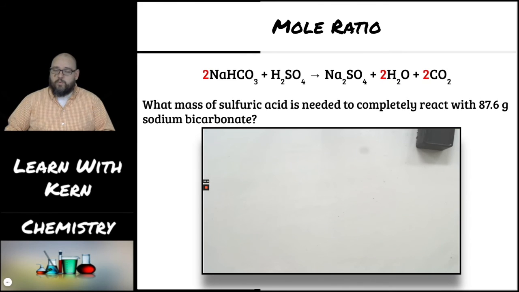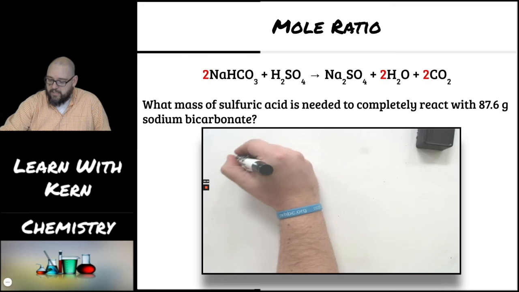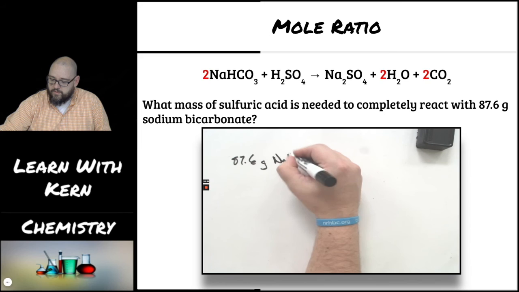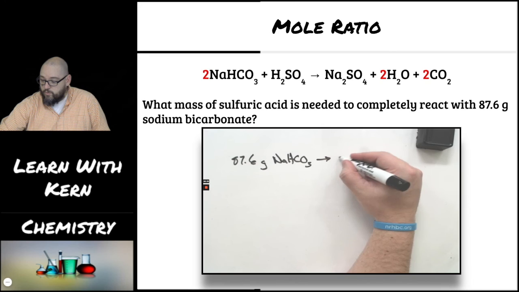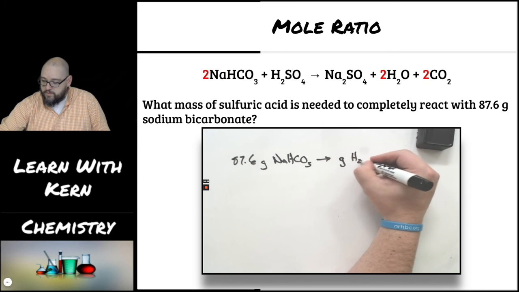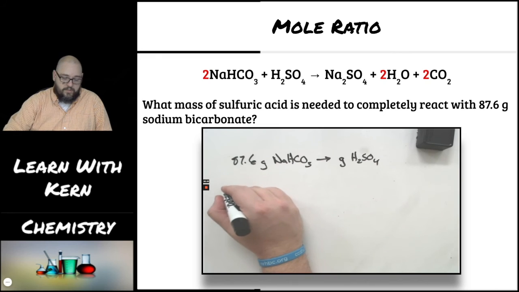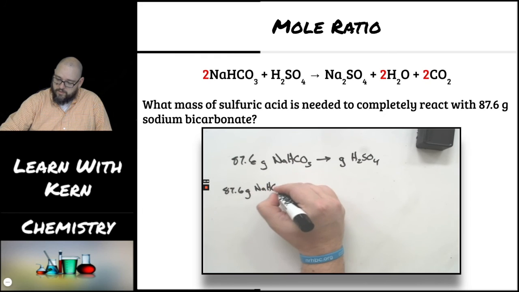Now for this example, we're going to have the same chemical equation that we just had, but now what mass of sulfuric acid is needed to completely react with 87.6 grams of sodium bicarbonate. So this time I have 87.6 grams of sodium bicarbonate, and I want to know how many grams, or what mass, that's grams, of sulfuric acid are needed. Okay, so I start with 87.6 grams of sodium bicarbonate,